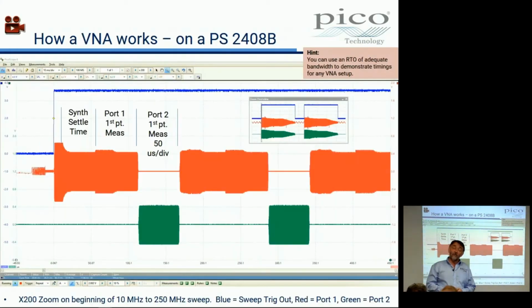And you can see how it works. This is a good scope. We can use these wonderful Pico scopes with huge memory. This waveform here in the zoom window, this is start of sweep. It's a sweep trigger signal coming out of the back of the VNA. Start of sweep. And that's the end of sweep. And on this